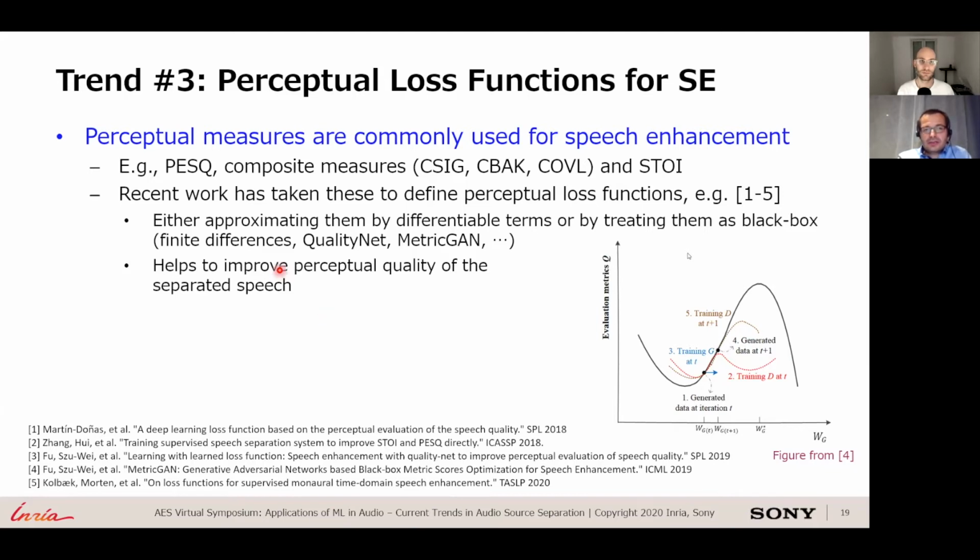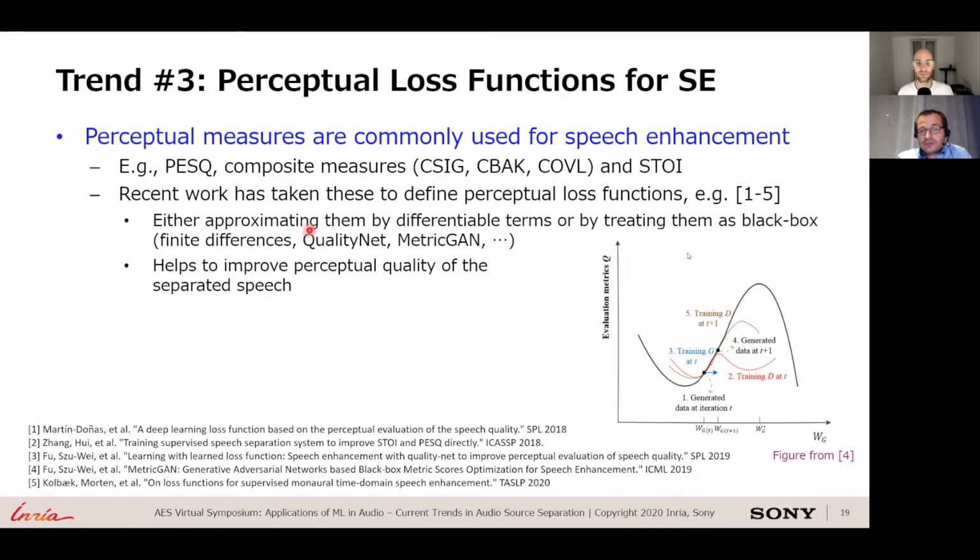For example, perceptual evaluation of speech quality, PESQ. There are the composite measures that measure the signal quality, background noise intrusiveness, or the overall quality. And there's also STOI, which is a good measure that correlates very well to speech intelligibility. Those perceptual measures have been used for speech enhancement systems as additional loss terms in order to improve their perceptual quality. They are non-differentiable, and then there are different ways how we can basically bring them into the training,